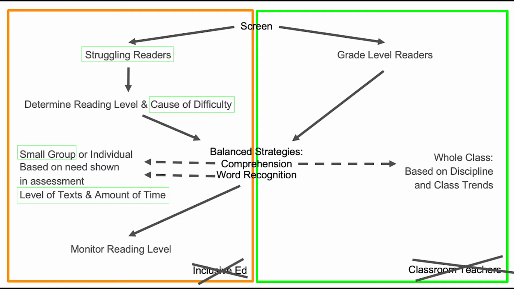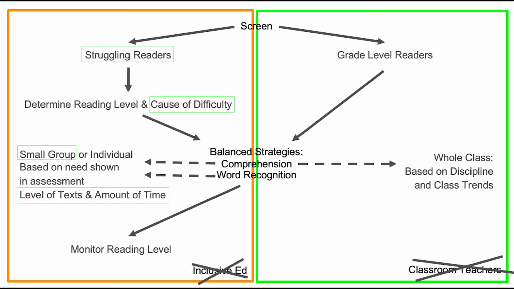And so we usually choose those strategies based on trends that we're seeing within the class and anything that we're seeing with vocabulary or comprehension, any sort of struggle that we're seeing, we'll choose the strategy that we're going to teach a class based off of what we're seeing from those kids. But the other thing that will influence the strategies is what is the discipline that we're teaching. So if I'm teaching math, I'm likely going to choose a different comprehension strategy than if I'm teaching English language